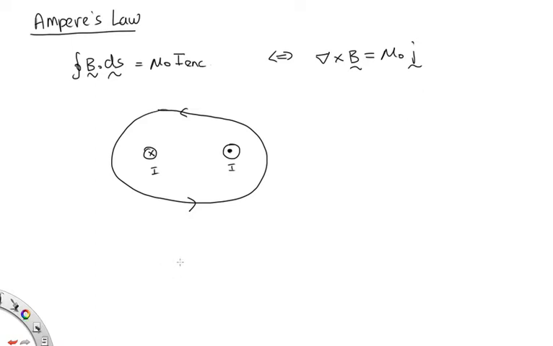Well, the simple answer is no, because we cannot make the assumption that the magnetic field is constant around this path. Clearly, the magnetic field around this wire is going to be looking like this,